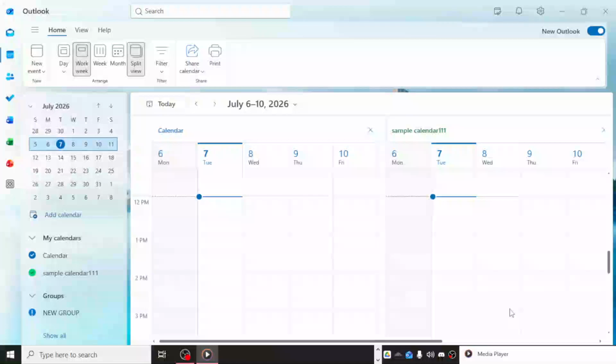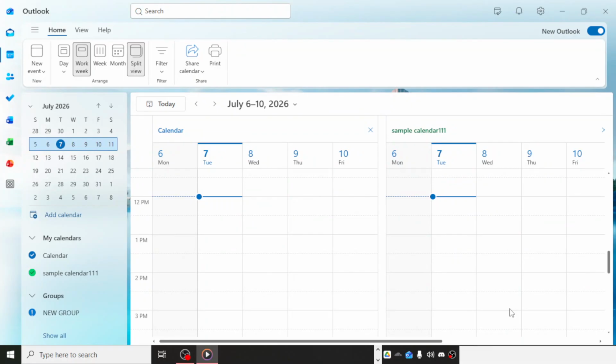In today's video, I'm going to teach you how to fix Outlook notifications not showing preview. If your Outlook notifications are appearing without any message preview, or if you're not getting the kind of alert details you expect, don't worry. This is usually a simple settings issue, and you can fix it in just a moment by adjusting your notification preferences directly inside Outlook.